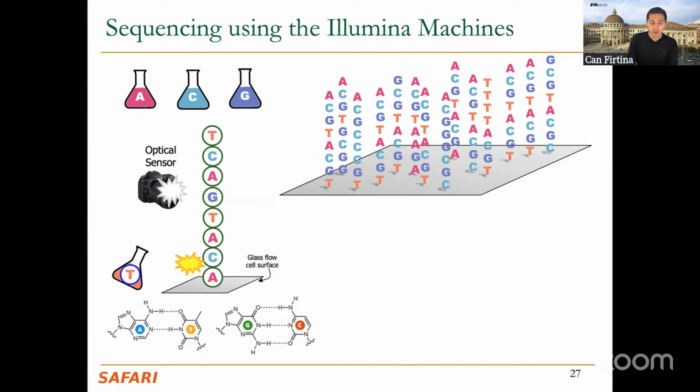The reason for that is we cannot grow these bases in an unlimited manner. So we can only grow up to a few hundred bases. This is usually around 200 to 300, because as you increase the read length,